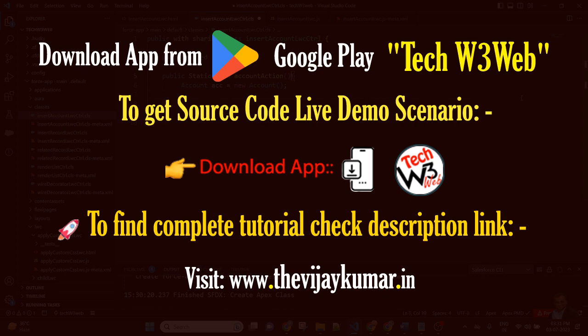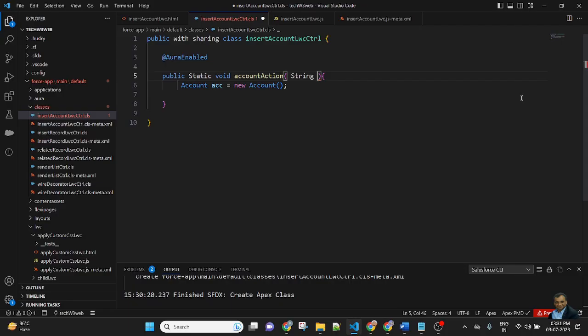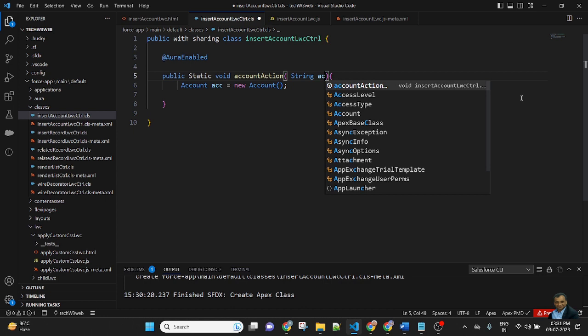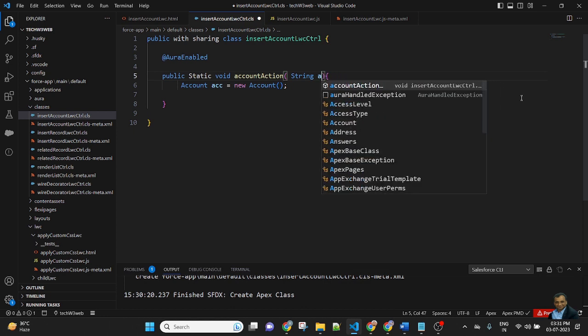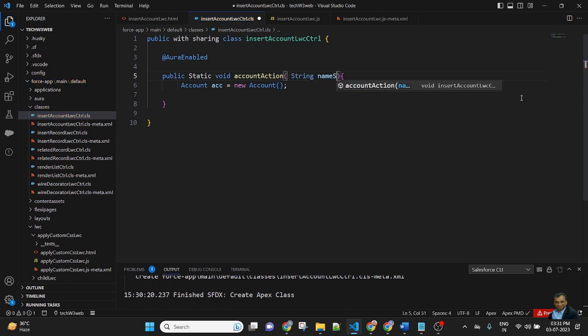Here pass the parameter. There are two parameters to be passed: first for name, second for phone. String name str and string phone str.